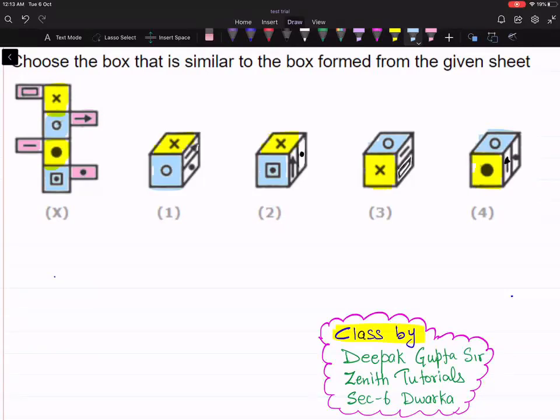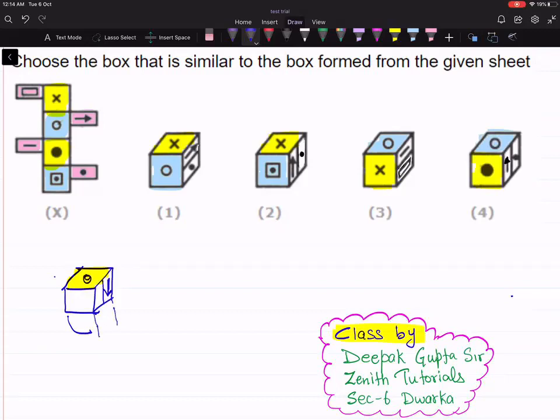Now let's look at the orientation we have been talking about. Let's make a cube here. Now in this cube, if you will see, this arrow is coming here. This arrow will come like this here, right? And this is your circle. So if you will observe, the arrow should basically point away from the circle. And here the bottom case, if you open it, this will be the case opposite to the circle.